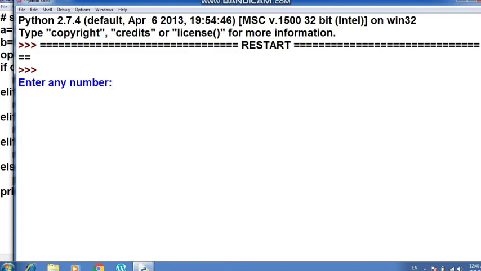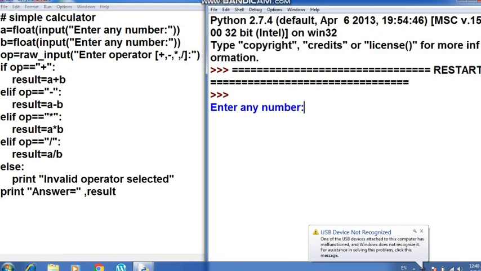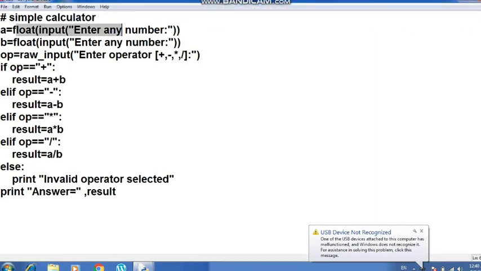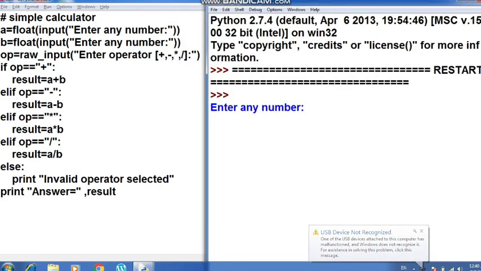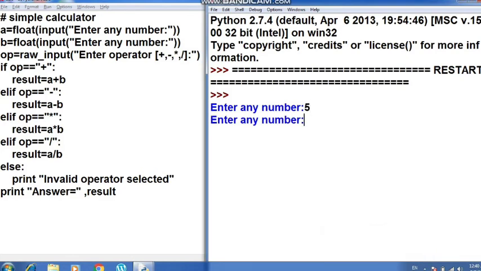Okay, so you can see that the interpreter is asking me to enter any number. So the control goes to the first line wherein I have to enter the number which is going to be stored in A. So suppose I have entered here 5. Now I am pressing the enter. It is again asking me to enter a second number. I am entering here 6. I am pressing enter. So it is asking me to enter the operator. Choose the operator from among these. So suppose I have chosen the operator multiplication and then I have done the enter sign. So you can see the answer comes 30.0.